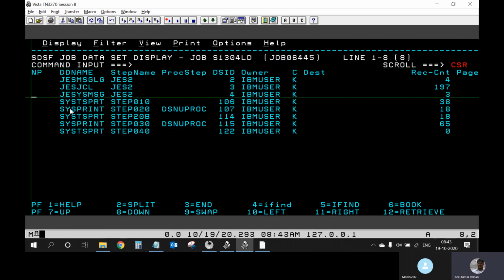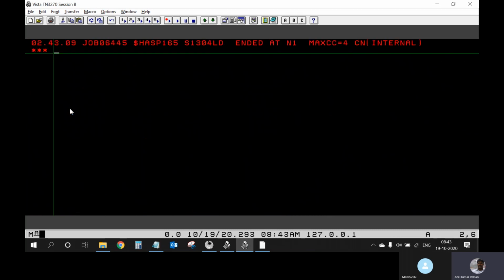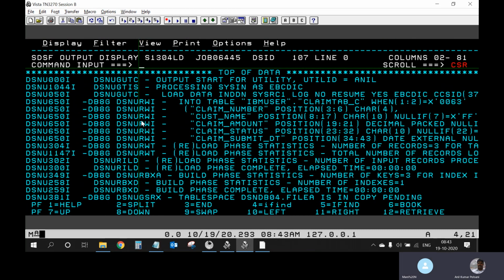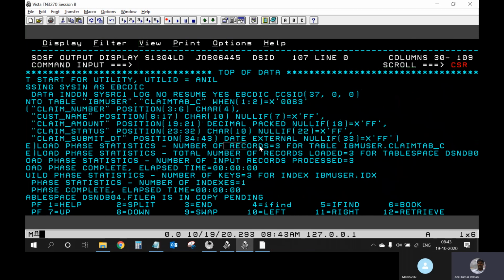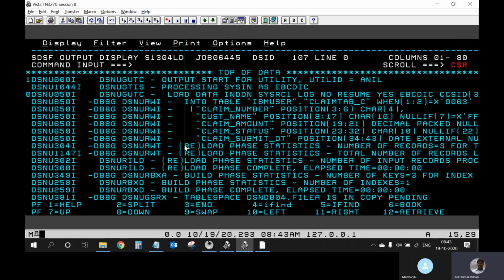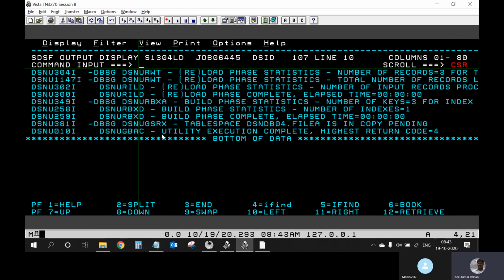As part of the load step, the system says that 3 records have been processed in total, and a little further down it says the execution completed with highest return code as 4. Now here we don't have rejections.